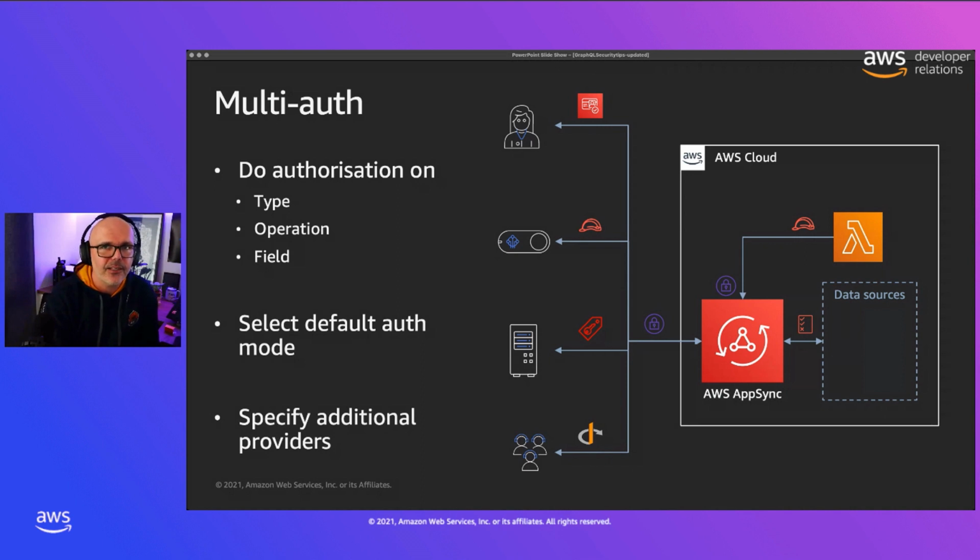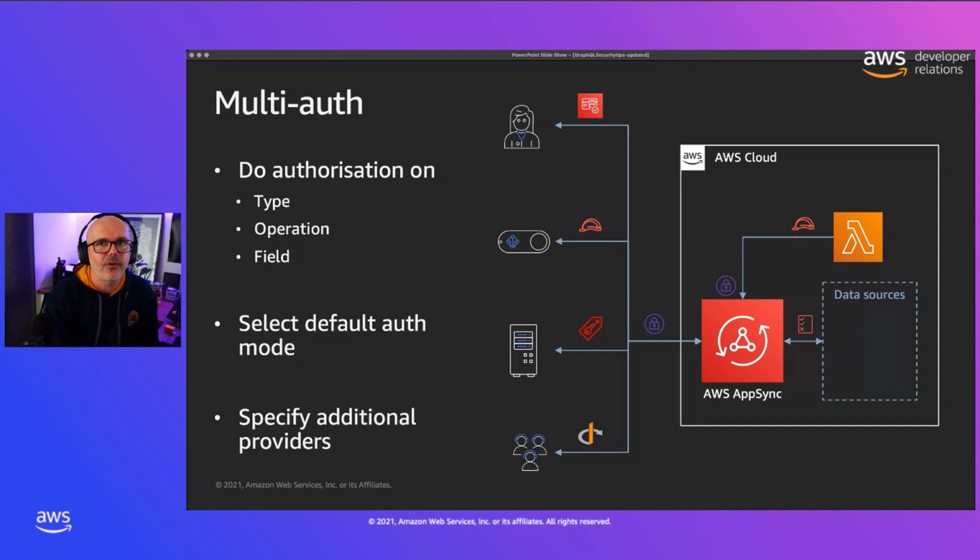Now on the client side, your users are interacting with the API using Cognito, and maybe you also have an IoT system that then uses AWS permissions as well to gain access. And maybe you also have users that are logging in through your OIDC identity provider and then using the generated JWTs to get access to your AppSync API. So you can specify additional providers as needed.